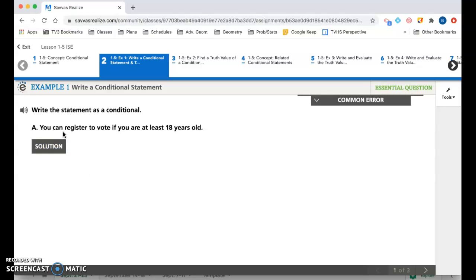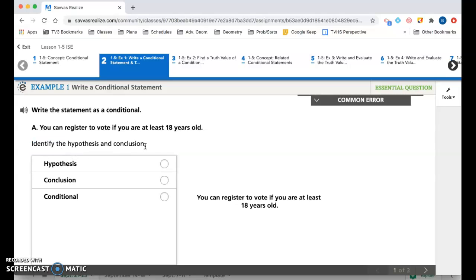So if we look at this, we can see, okay, I see the word if in there. If you are at least 18 years old. So that would be my hypothesis. The part that happens after that, so what happens if you're 18 years old? Well, then you can register to vote. So our hypothesis would be if you are at least 18 years old. Our conclusion would be you can register to vote. So our conditional would turn out to say if you are at least 18 years old, then you may register